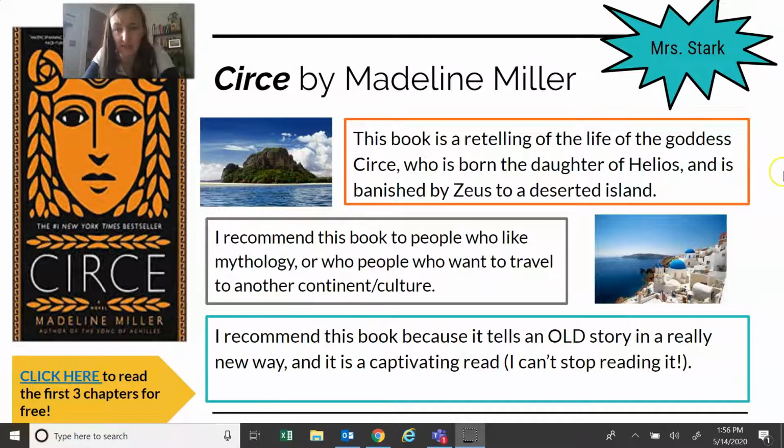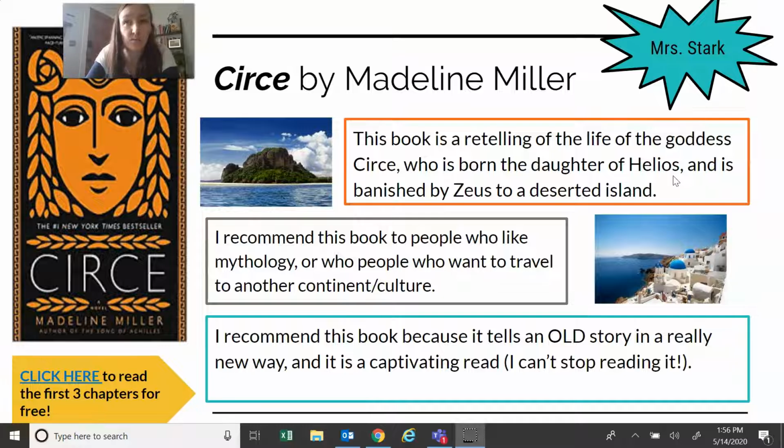This book is a retelling of the life of the goddess Circe, a Greek goddess, who was born the daughter of Helios, the god of the sun, and is banished by Zeus, maybe you've heard of that one, to a deserted island. I recommend this book to people who like mythology or people who want to travel to another continent or culture. When I read this book, it really honestly helped me with quarantine.